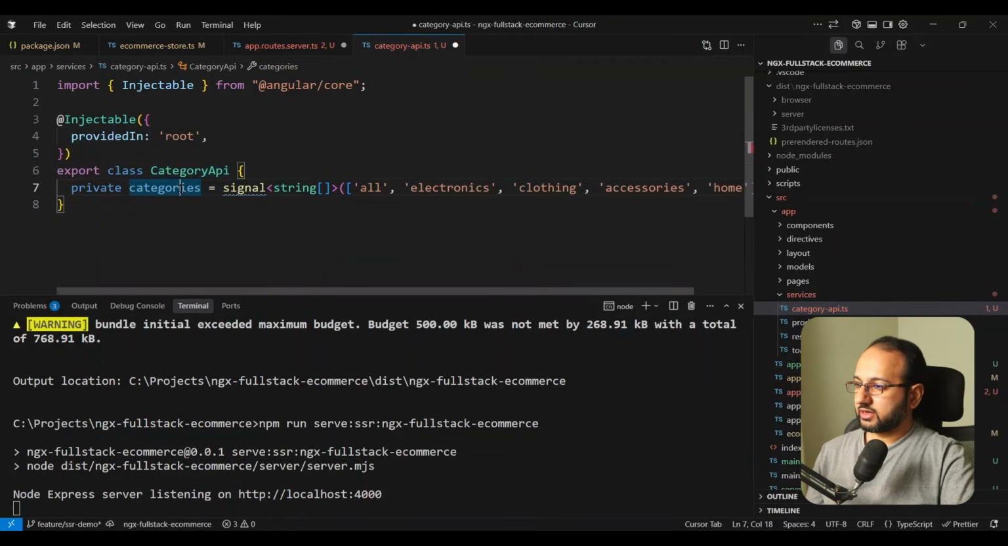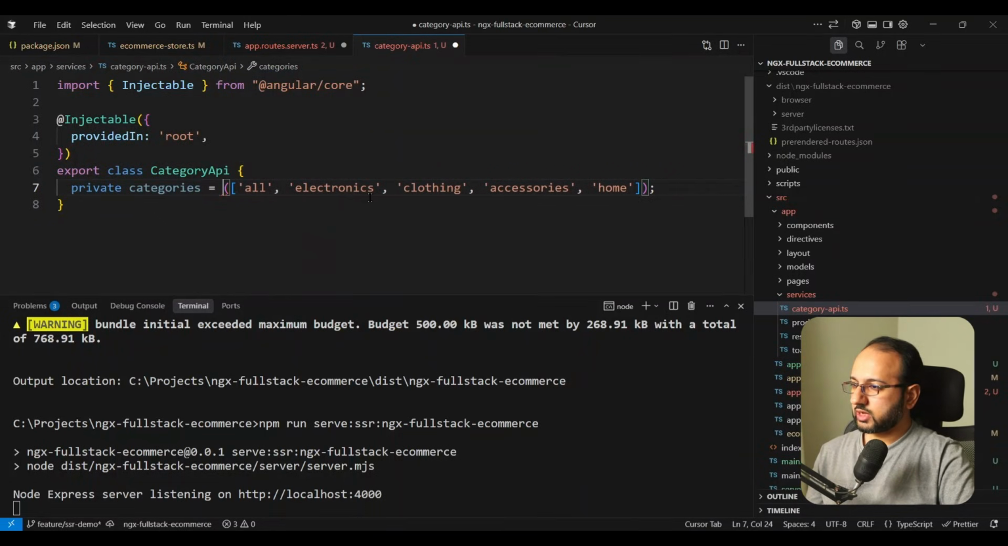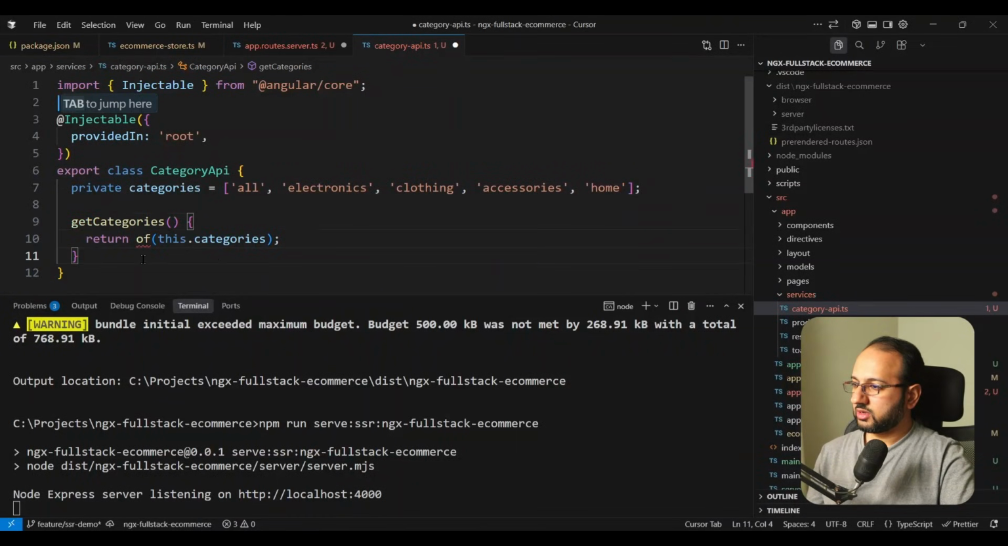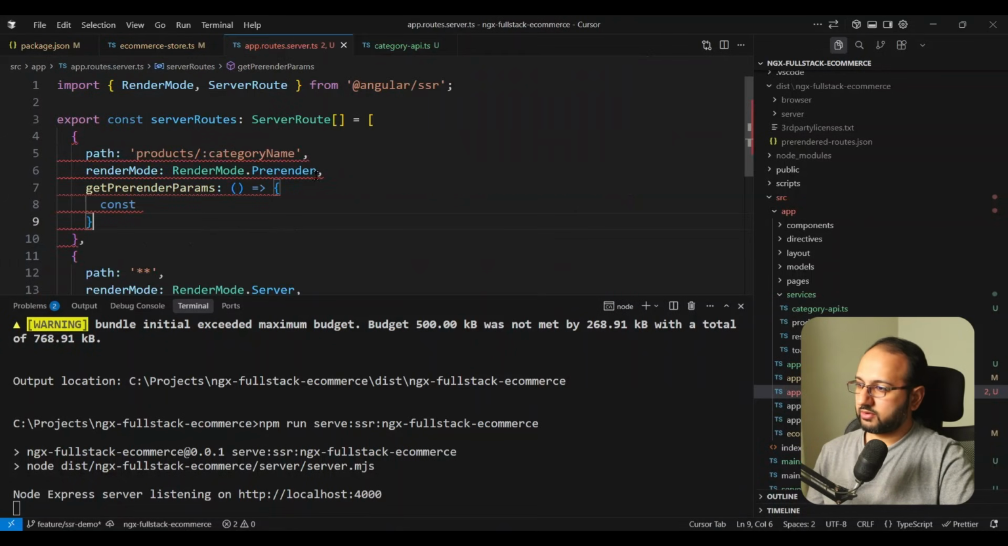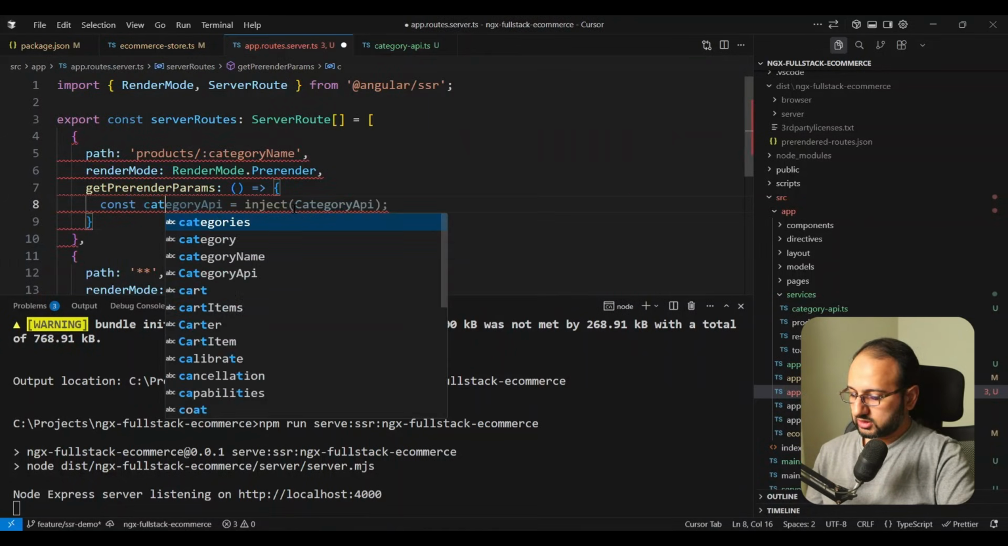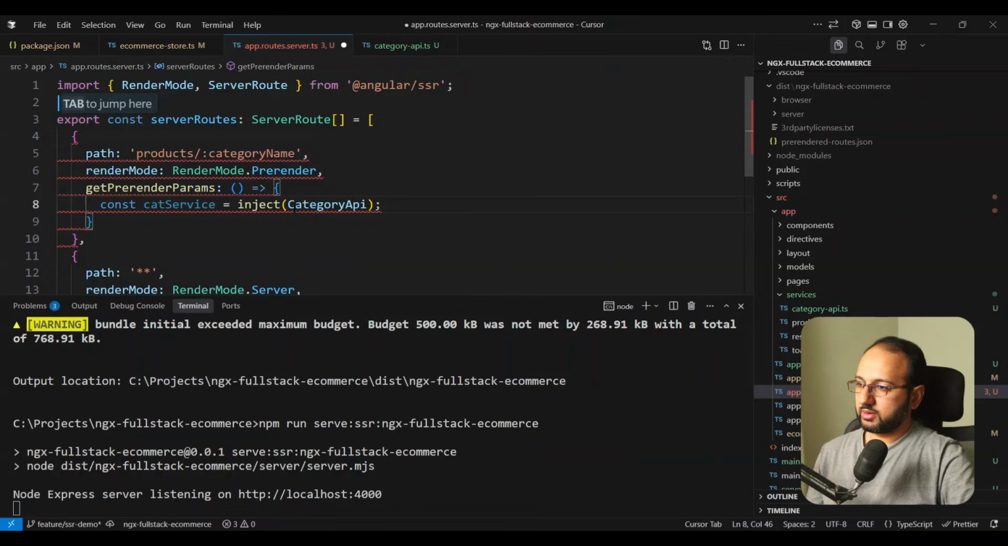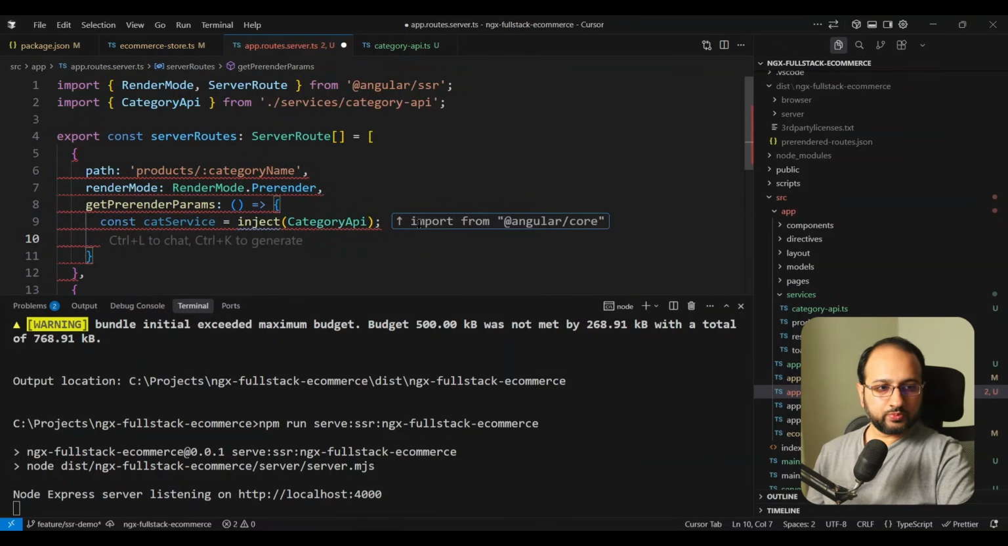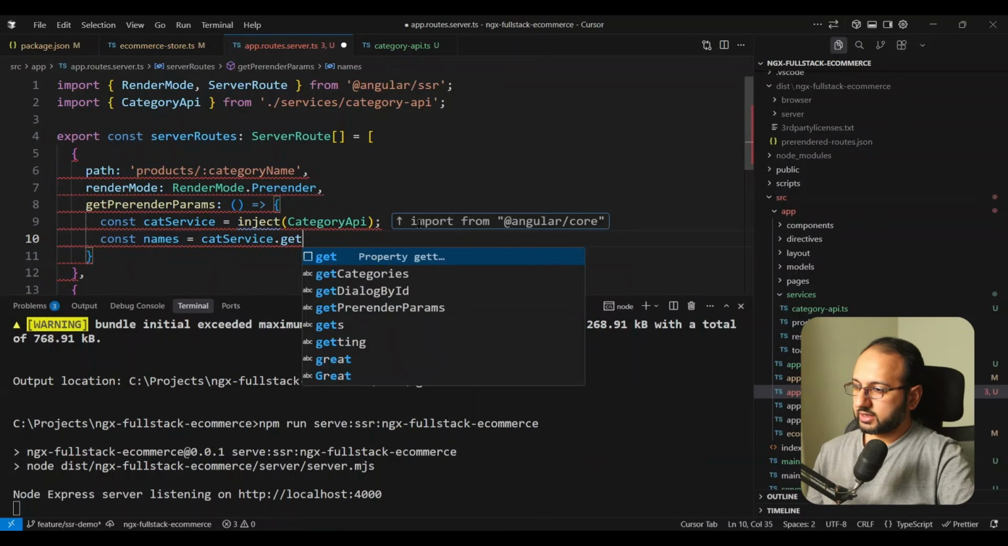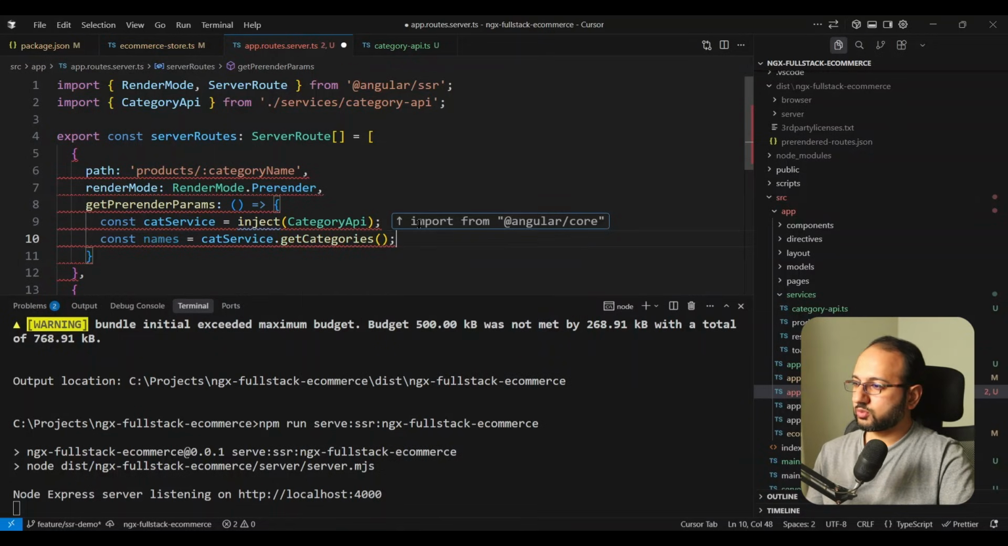And then we have our categories here in the form of, we don't even need signals here. We can just use a simple array at this point. Okay. And we can then get categories and return these categories as they are. And then we can change all of these things that we have, and we can use this category API in here. So what we're going to do is cat service and inject category API here. All right. And then we are going to do names, and these names are going to be cat service dot get categories like this. Okay, we can also make this async await if you'd like to,